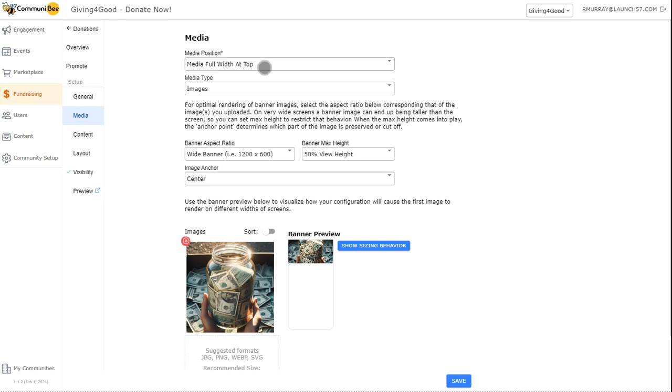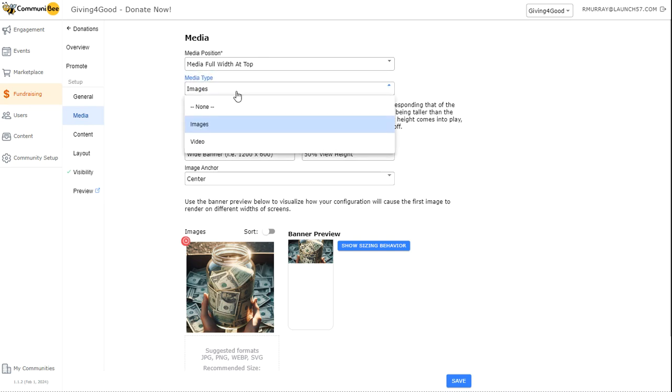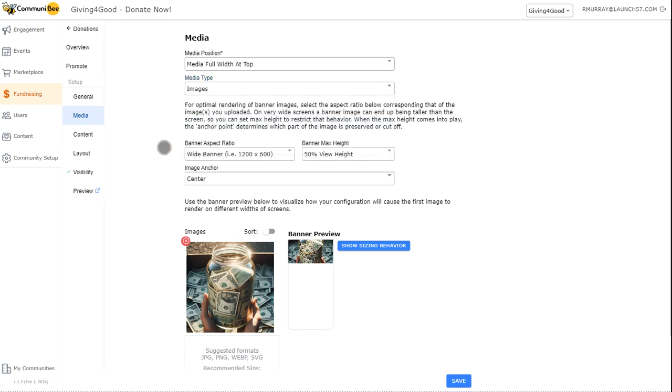So if you want to change the media position, or maybe you don't want to go with an image media type and you want to try the video option, you can play around with those settings and create the page that you want. We won't go into all of these settings as we have covered them previously. So once you're done making changes on this page, go ahead and hit Save, and then we'll move on to